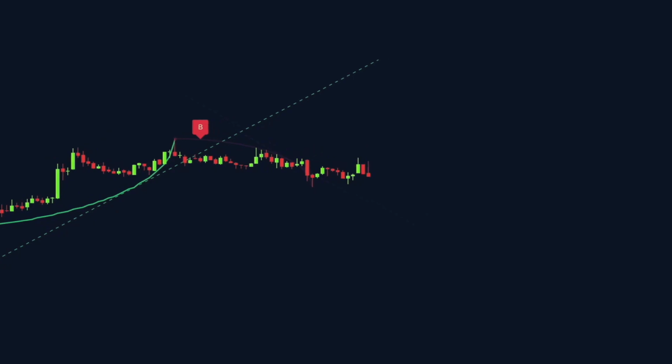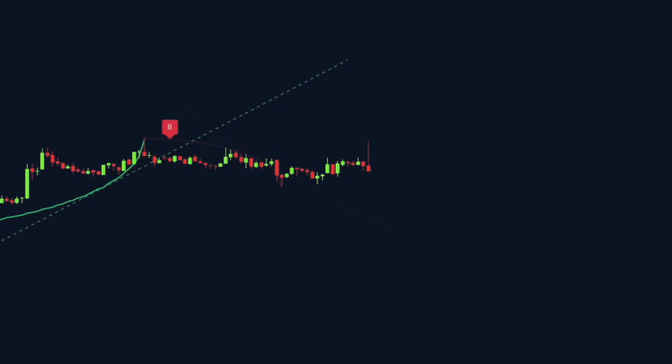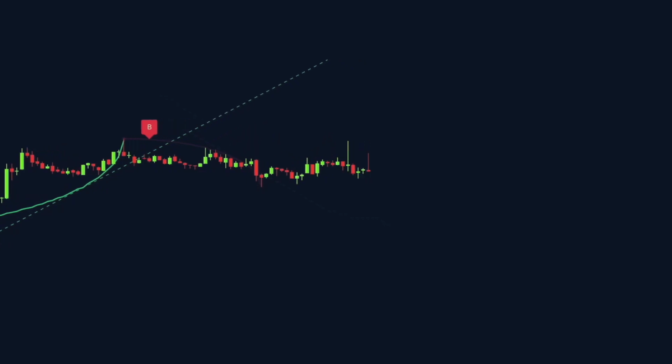Alternatively, you can plot this point as a horizontal line. This area works as support and resistance for the market, as well as the point where the balance in movement